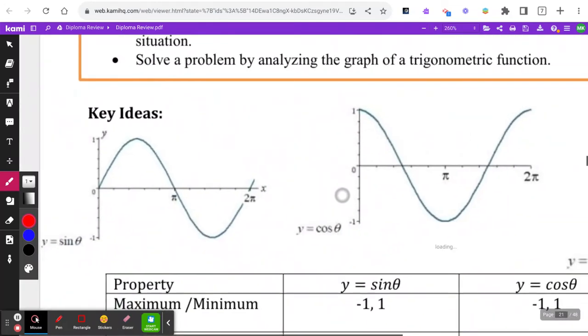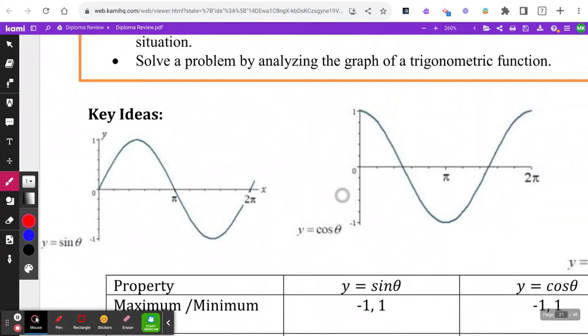Things to remember. The mother functions. The big thing's the starting point. So on a sine graph, you start at the origin. You then go up to 1. You then come all the way down to -1. And then you go back to the beginning. That's one cycle of a sine graph. It then repeats that cycle infinitely